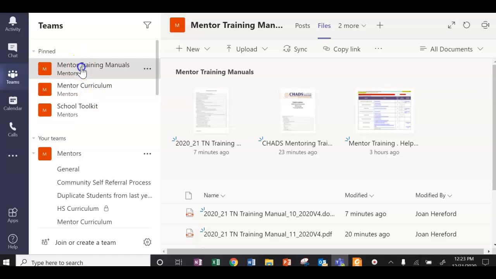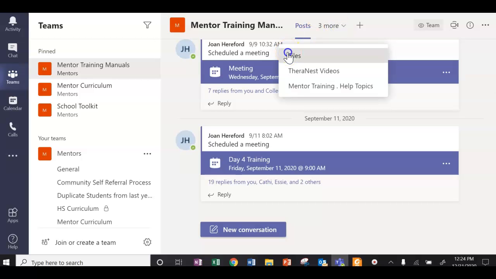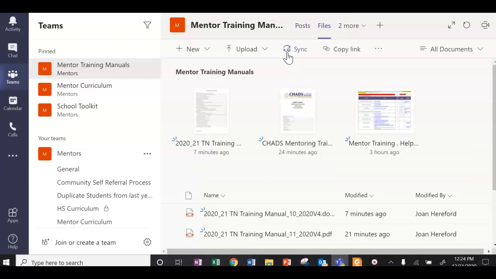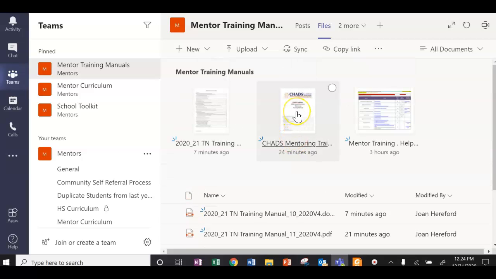So this is the mentor training manual channel. It might pop up for posts. That just shows the activity of things I've added. You want the files tab in this channel, and you will see the three most important documents pinned to the top. They're also listed below. So in the middle, I'll start with the one in the middle. That's the mentor training manual. So if you select it,